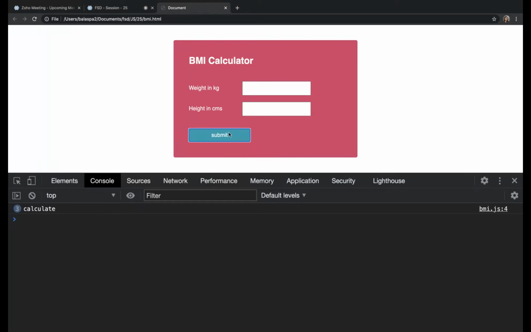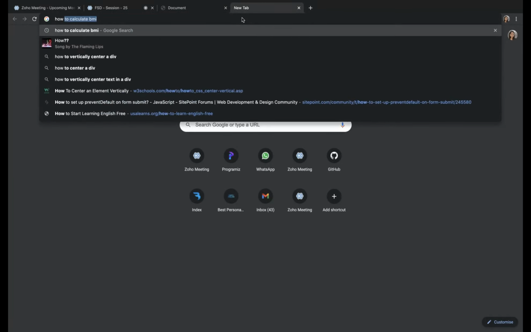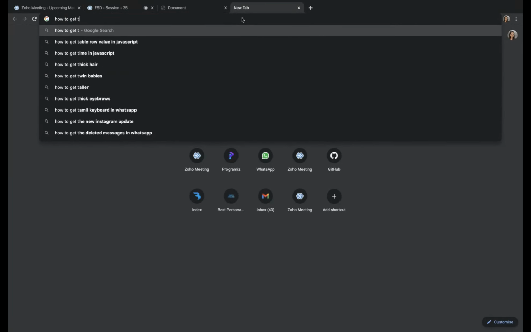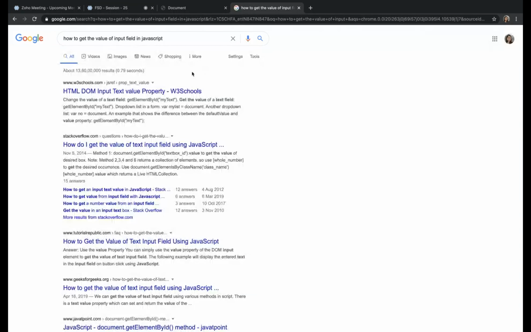So what I need to do while clicking on it is get the values. Then only I can calculate, right? So we can use document.getElementById. We can check how to get the value of an input field in JavaScript.